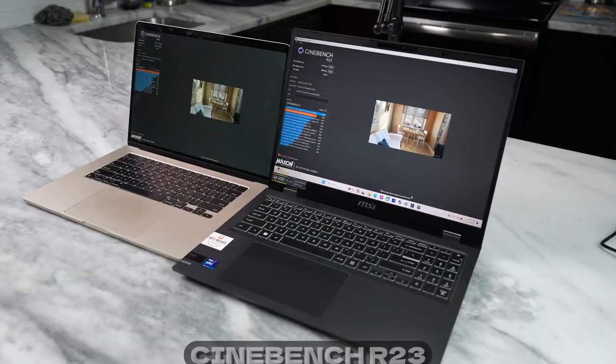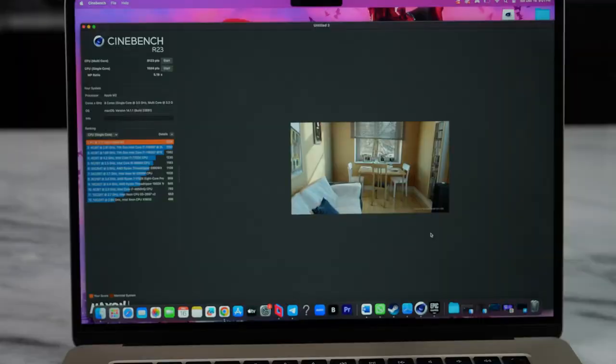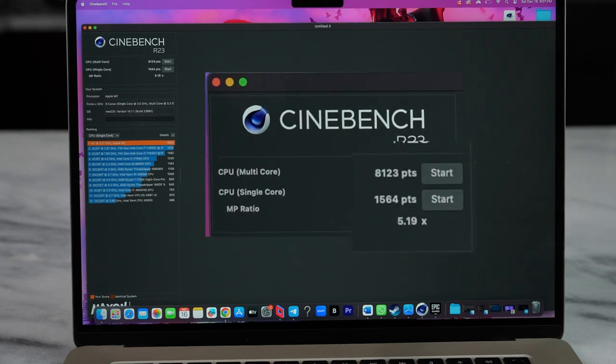Starting off with Cinebench R23. This is the only benchmark I ran because I wanted to go into some games and also show other games as well, comparing these two laptops. And looking at the Cinebench scores, for the MacBook Air 15, we got a single core score of 1,564 and multi-core scores of